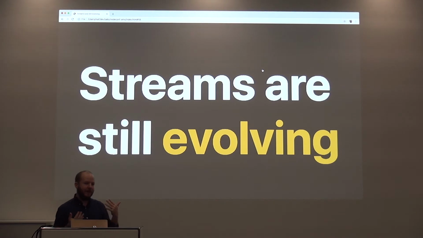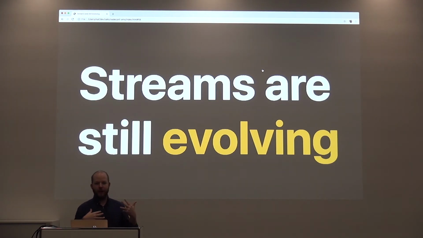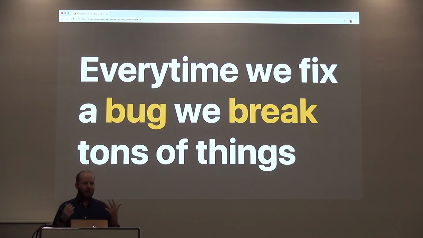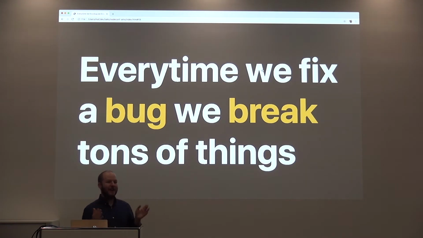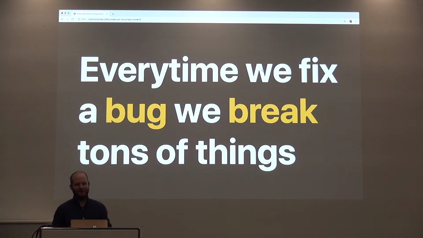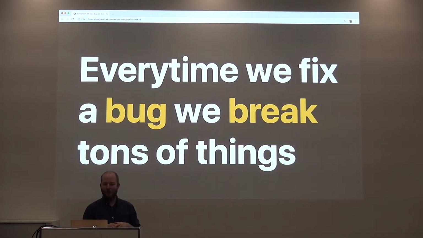So the thing about streams is that they're still evolving in Node. All the APIs are still evolving. And every time we work with streams in core, we get a ton of issues. It's probably the most advanced GitHub filter I have, because I probably get 20 or 40 emails every day if I don't pause it, because people just open issues, and we're 4 people. And every time we get a PR that says I fixed the bug, we have to be careful.